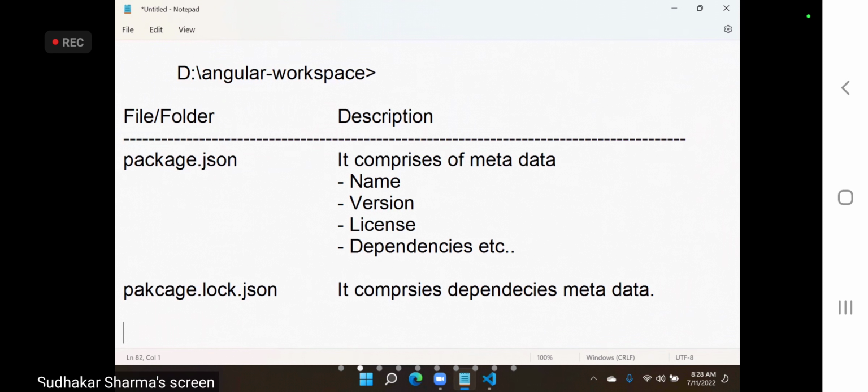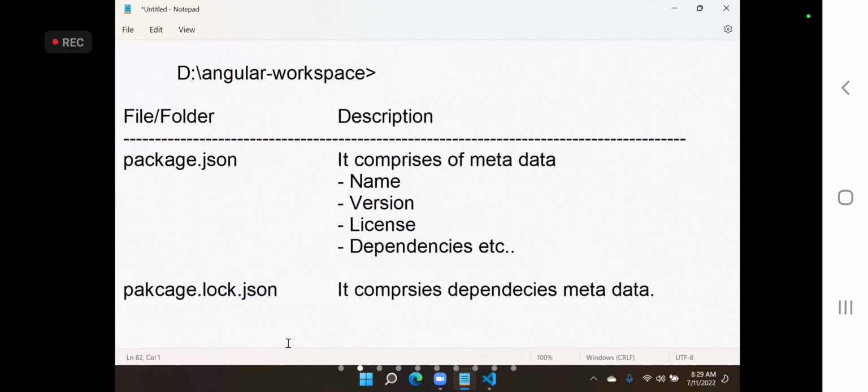Suppose you installed Bootstrap. Which version of Bootstrap is mentioned in package JSON. Then in package-lock JSON, you get details about that Bootstrap: what license it is following, what the official repository of Bootstrap is. Detailed metadata of every dependency you will find in package-lock JSON.